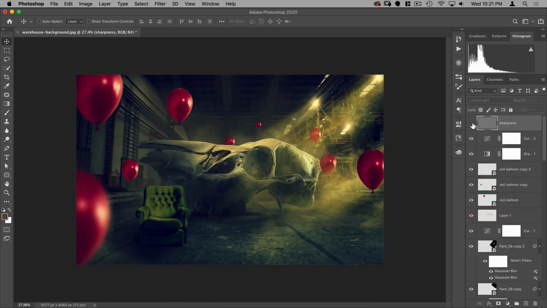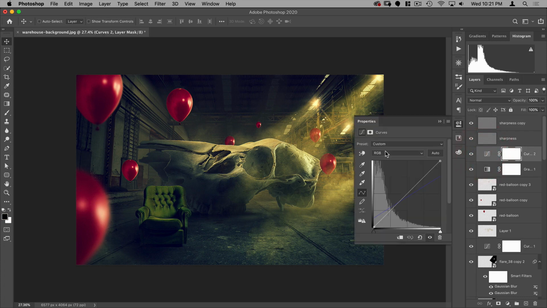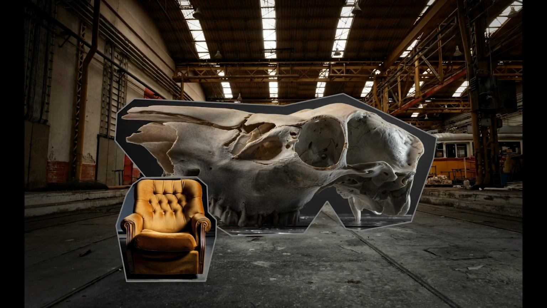And if I turn this on and off, you can see what it's doing. It's adding a bit of sharpness to the whole thing. And if I wanted to, I could double this up to make it even sharper, like so. And actually for this kind of composite where it has almost that classical painting feel, adding that sharpness actually helps to sell that illusion. And there you go. I'm pretty happy with that. I might just adjust the shadows to be a little more blue, something like that. But otherwise I'm happy with that. And there you have it.